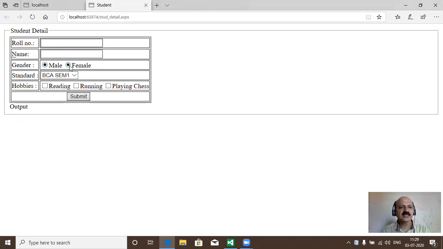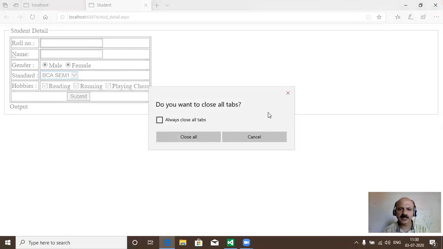Radio button is known in ASP.NET as an optional button, so only one radio button should be selected. But here both are selected. We can change our designing, but first we check another control. Okay, the drop down works perfectly. Here all three checkboxes are selected. There is no other problem, so we have to change one thing in our design.